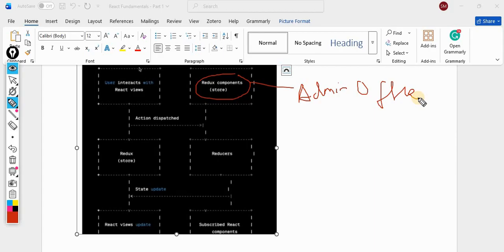It is available in the centralized format. It contains every information, whatever information is required.